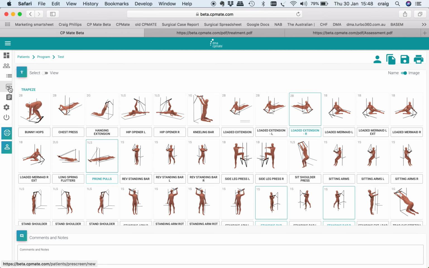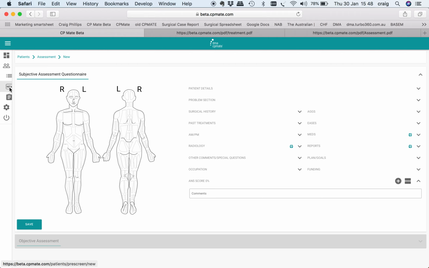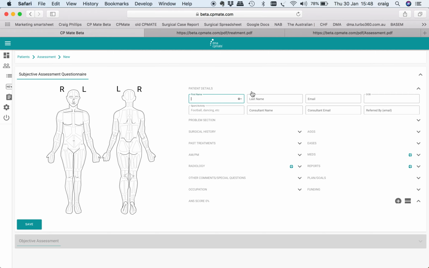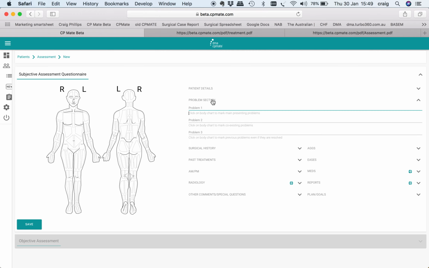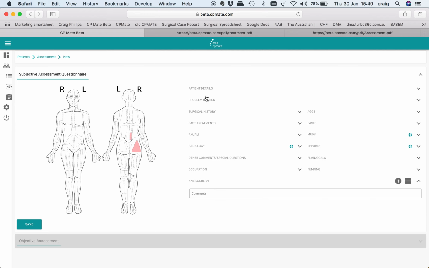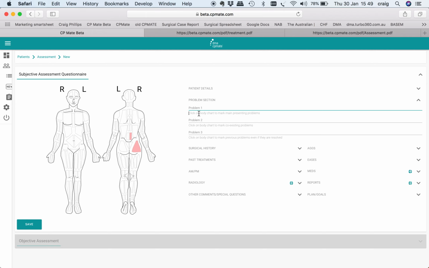The other process, of course, is doing a patient as a new patient. So from a subjective standpoint, we need, of course, patient details for this test and park that away. For collecting data, we can start with, say for instance, someone has right low back pain, right LBP, 5-year history after fall onto buttocks. We then have in the part 2 here